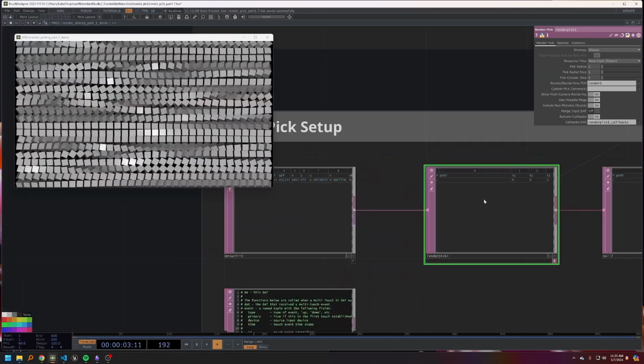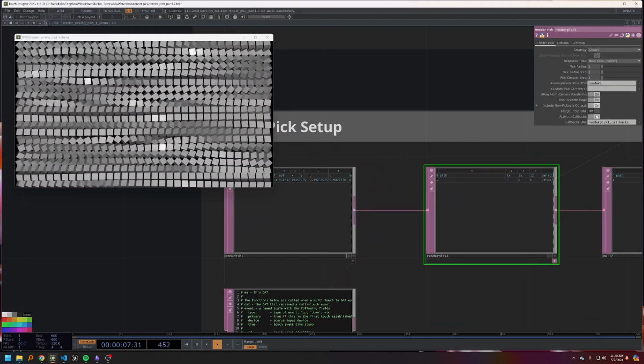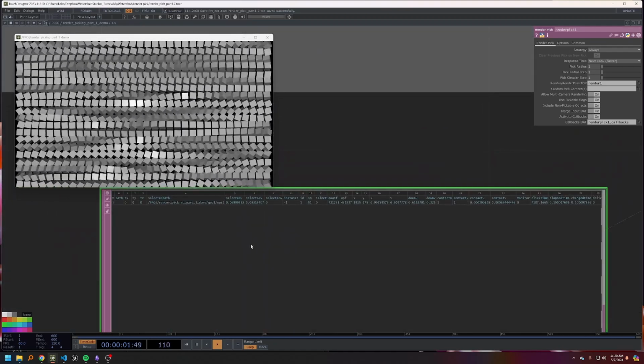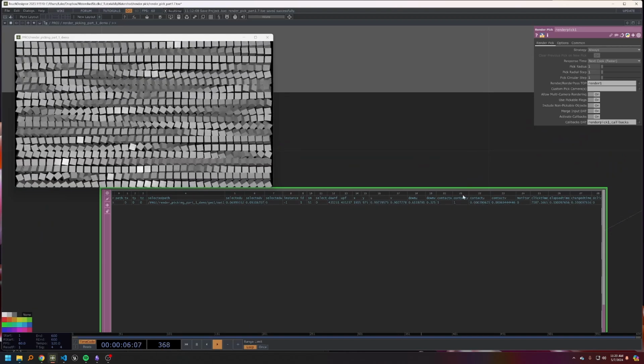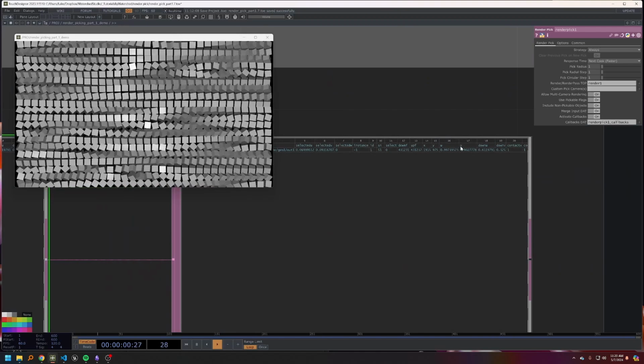What I need to do is go into this Render Pick DAT and use this option Merge Input DAT. And what you'll see is when I click this, we get all of our input data from the multi-touch in as data coming out of our render pick. And this will give us UV,